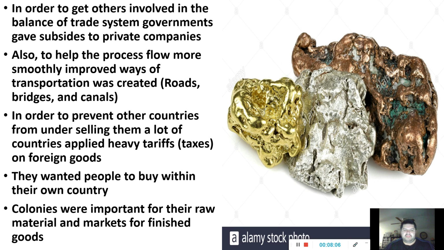Basically they fixed up the roads, bridges, canals, anything they could do to make the ride smoother. Because just imagine what would have happened if a wagon busted its wheel and all of a sudden all this gold and silver fell off the side of the wagon, and then there's people there. What do you think the people would do? So they wanted to make sure that road from point A to them was nice and clear, because that's their money. That's what they want.